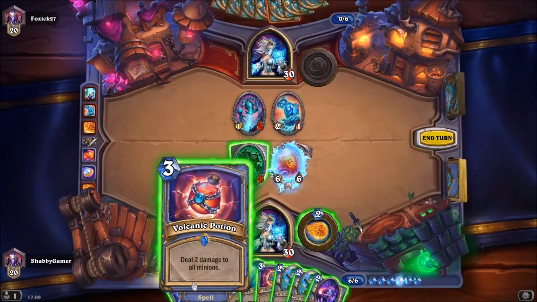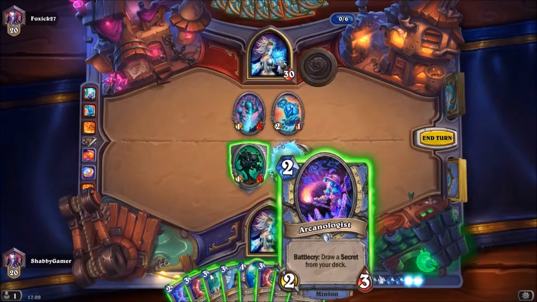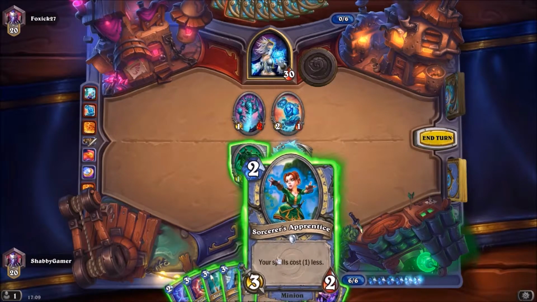How many cards we got? 1, 2, 3, 4, 5, 6, 7, 8, 9. We've got 9, so we need to put some down this turn. Otherwise we could get in a little bit of trouble. So I want to try and keep a hold of my...